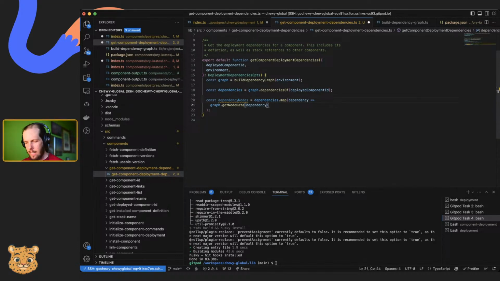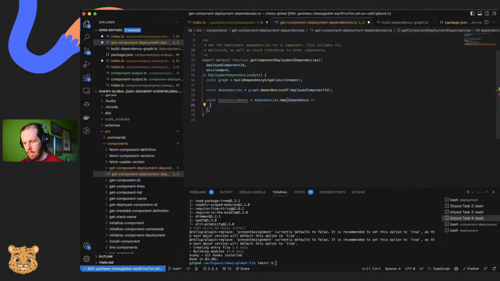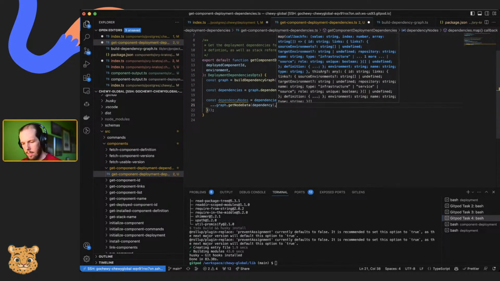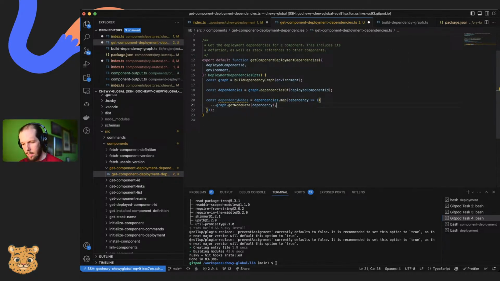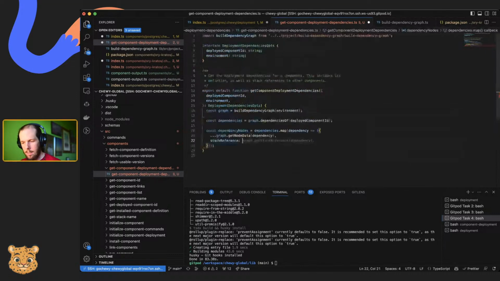And then in here, actually, we're gonna do that. Get node data, and then stack reference. That is going to be, let's see, that's going to be a little